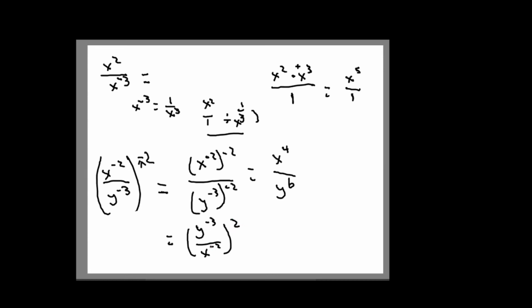So that'll be as simple as just doing that flip in the fraction, which would then leave you once again doing this same concept of y to the negative 3 times 2 and x to the negative 2 to the power of 2, which would leave you with y to the negative 6 over x to the negative 4,